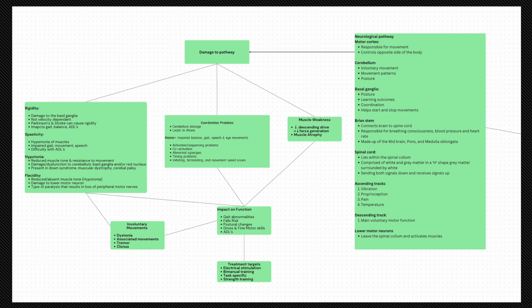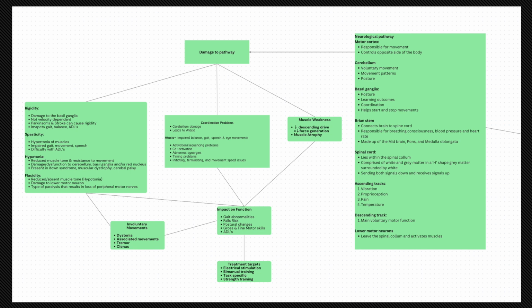These signals are regulated by the basal ganglia. The basal ganglia are a group of subcortical nuclei that regulate the initiation of movement and inhibit involuntary movement. In conjunction with the cerebellum, which contributes by refining voluntary movements, ensuring smooth and coordinated movement patterns, along with maintaining postural stability. These structures all communicate with the brainstem, which is comprised of the midbrain, pons, and medulla oblongata, to travel